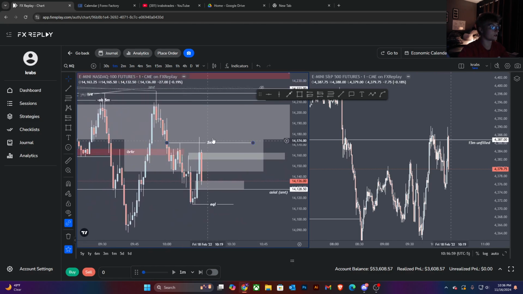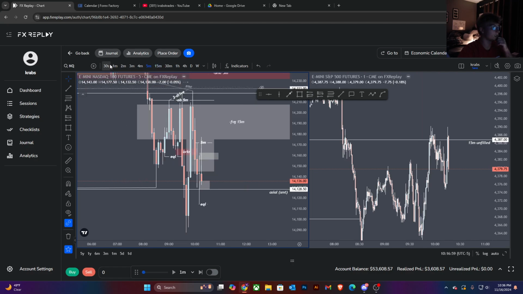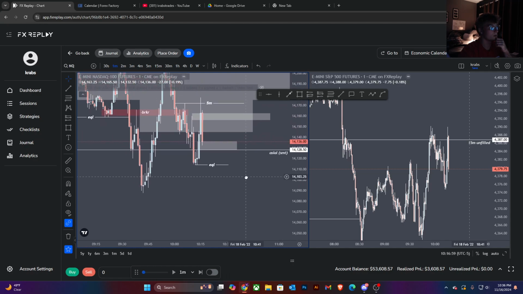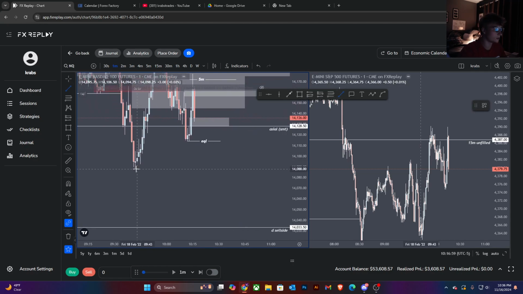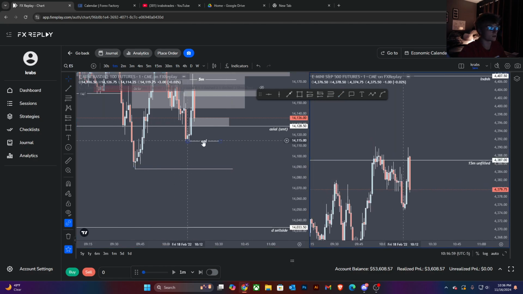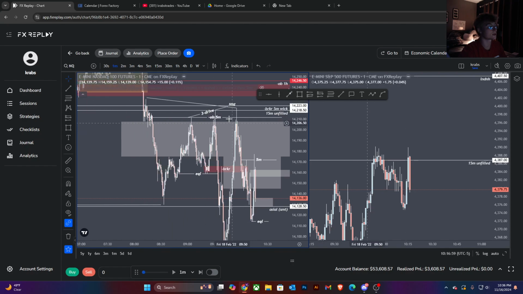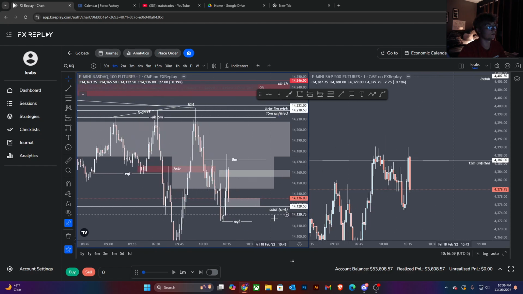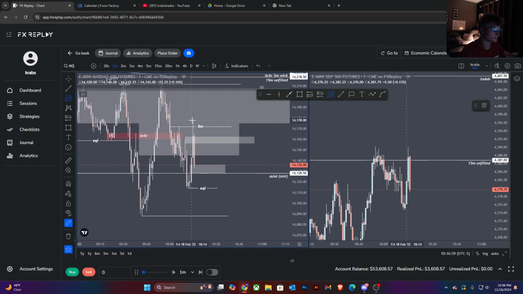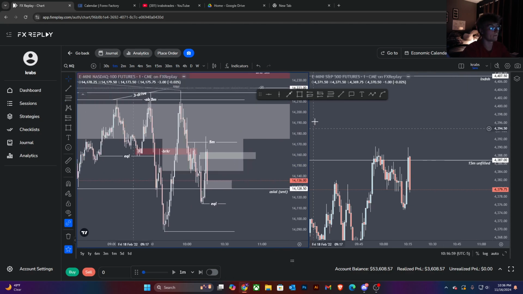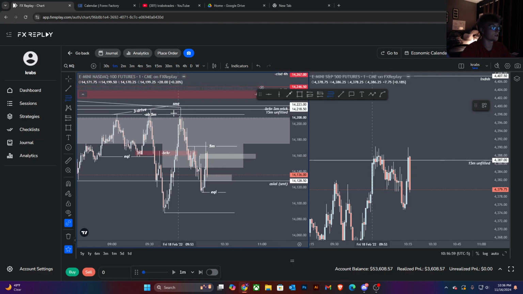Okay, now we retrace higher into the 5 minute. Rejected that. 1 minute inverse now is confirmation that we want to run lower. Also, do we have an SMT here? Mid SMT, but we do have external SMT here. 3 drive OB. Is a little bit more. It's definitely a continuation model, but definitely looks good.